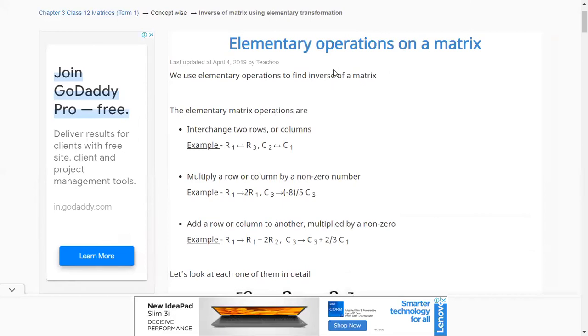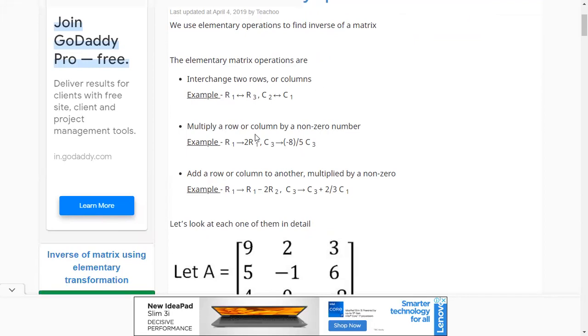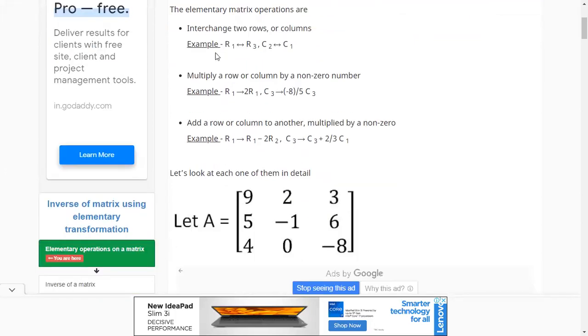Yes, okay. Sorry for the inconvenience. So I was explaining the elementary operations: interchanging of rows, interchanging of columns, or multiplication by a scalar on a non-zero element. Then we have multiplication and addition. At a time you can perform multiplication as well as addition, or multiplication and subtraction. These two things you can do at a time.